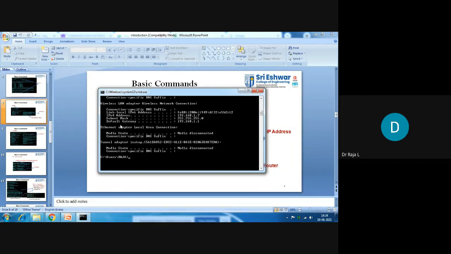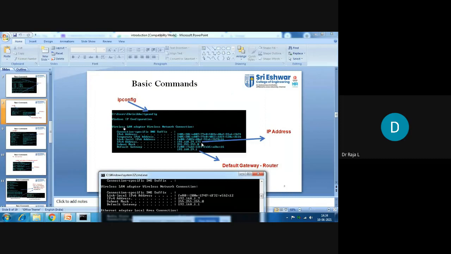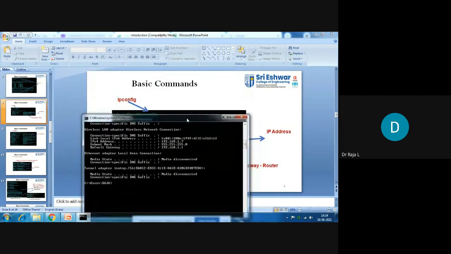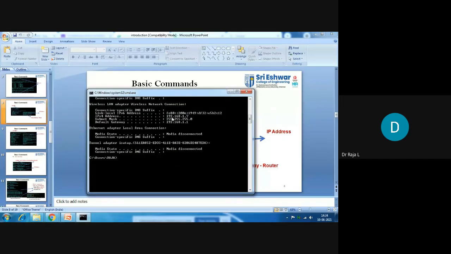How do we identify the default gateway address? Here you have the default gateway address 192.168.1.1. Can you see it here? The arrow mark I have given shows the IP address, and the bottom one gives the default gateway, the same thing we obtained in the window. Is it clear, students? The second command is IPCONFIG. From IPCONFIG, we get two pieces of information: one is the IPv4 address of our working PC, and the second is the default gateway. Is it clear?